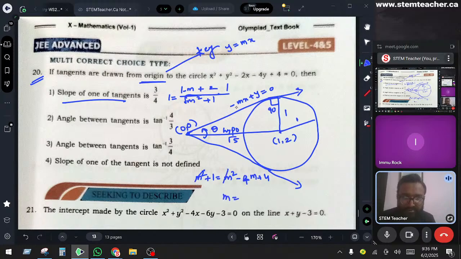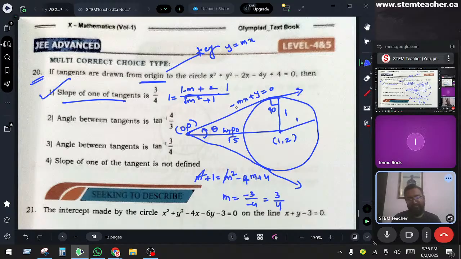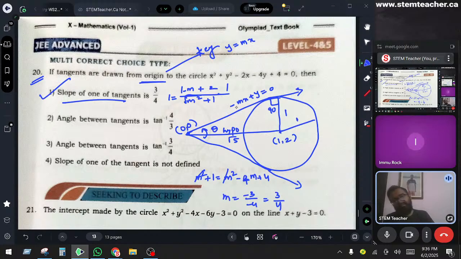It is -3 by -4, 3/4. This is true. The answer is right here, we are the ones running far away. Okay, so this is, you will have an equation, and what is this? This is 90. Hypotenuse is √5, and this is 90. This will be adjacent, and we have opposite by adjacent,